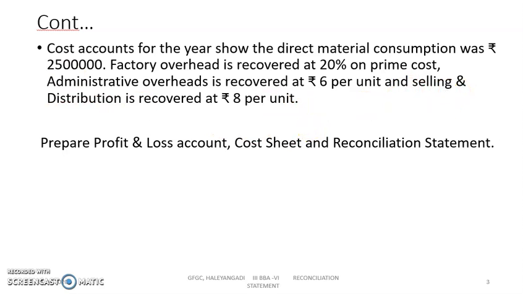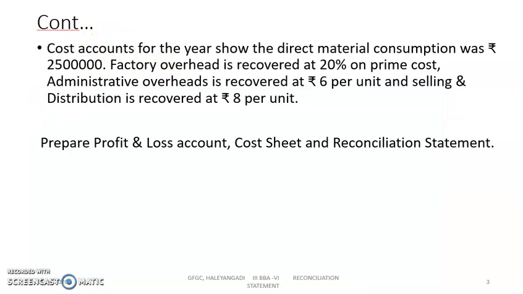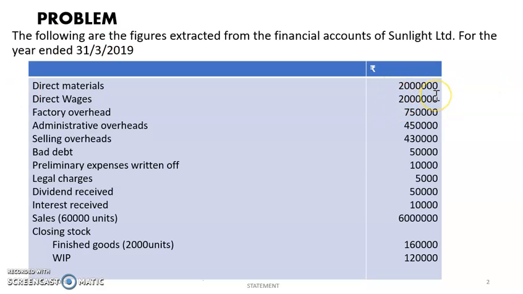Now remember one thing, I go back to the details. See, material, they've given you the figure. Wages, they have not given you the figure, which means you have to take this one only. Okay, which means wages must be incurred, right, in the organization, direct wages. So in that case, you have to take this figure. Just because it is not given here, you can't simply ignore it. You have to take this 20 lakhs as direct wages.